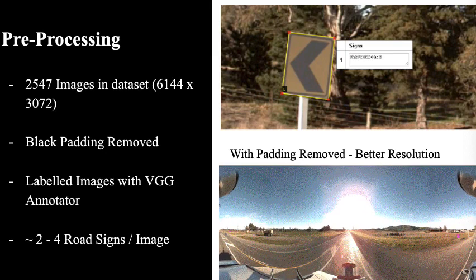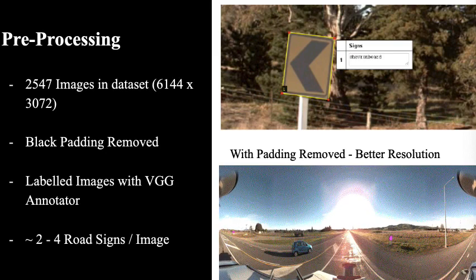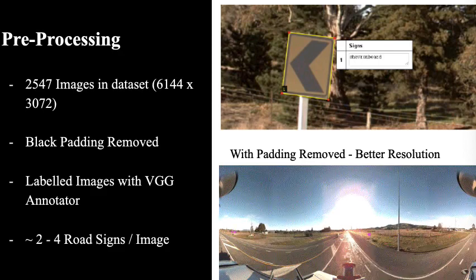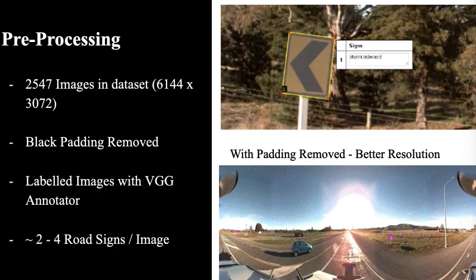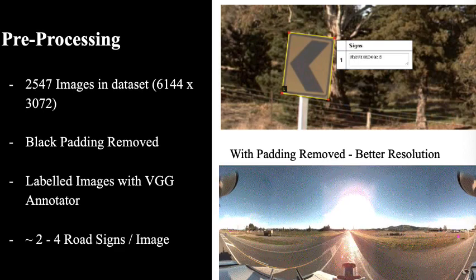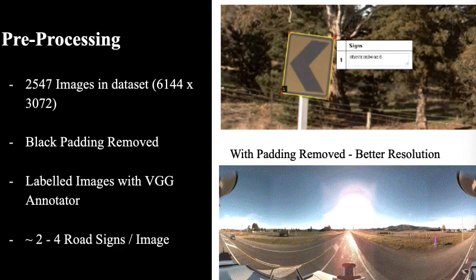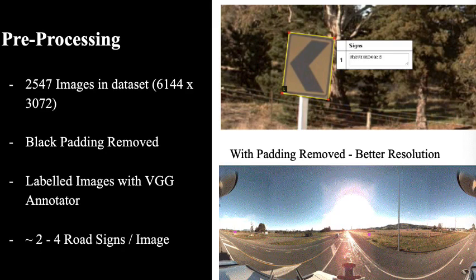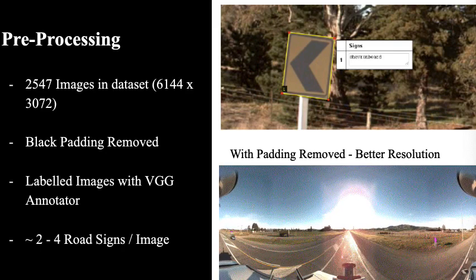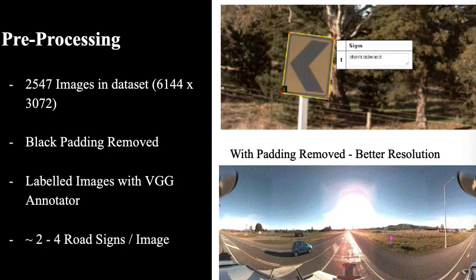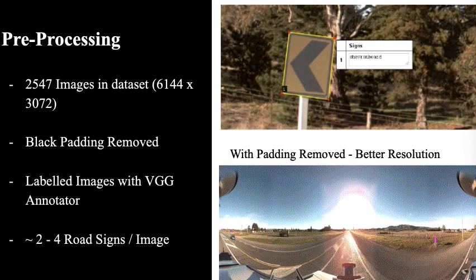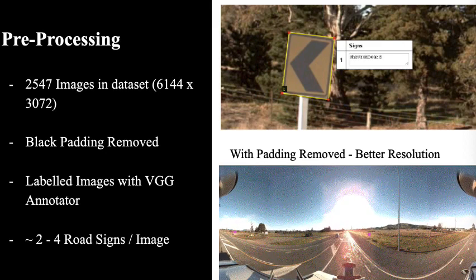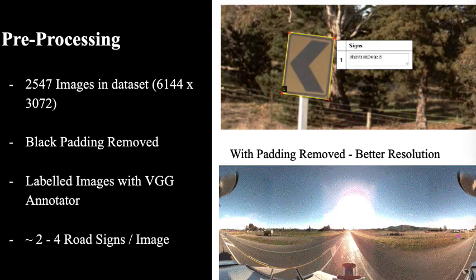Each image was quite large, so they needed to be downsized so that our GPU could hold the necessary data per epoch of training. Thankfully, we were able to remove the black padding from around the original images to increase the training resolution. Furthermore, we noticed that the median value of the distribution of the annotation's Y values was approximate to the horizon line in the image, which allowed us to remove more pixels from the images. This gave us a better resolution to train with.